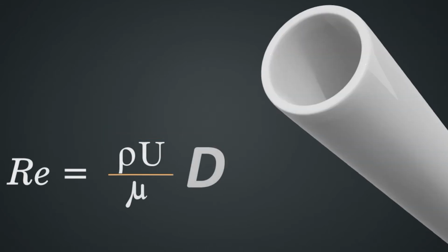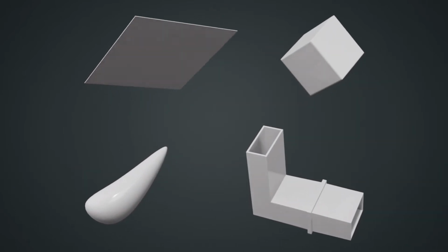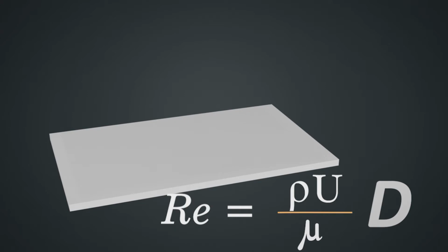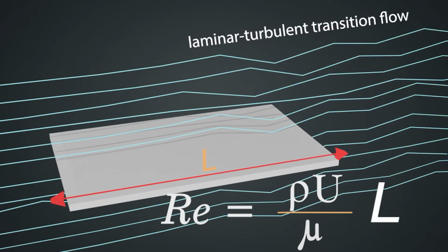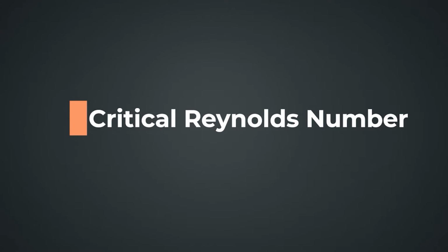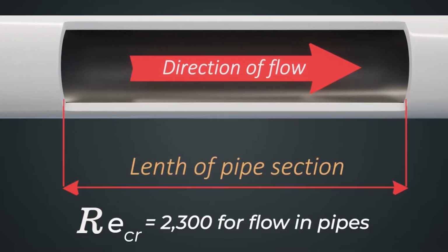That's in case of a circular tube, but is also applicable to other geometries. A common one is a flat plate, in which the plate length in the direction of the flow takes over the diameter. The threshold, technically called critical Reynolds number, varies from one shape to another. Values of common geometries are found in fluid mechanics textbooks.